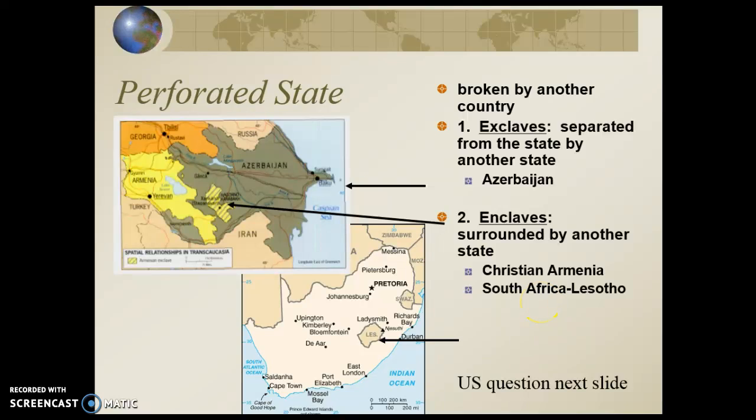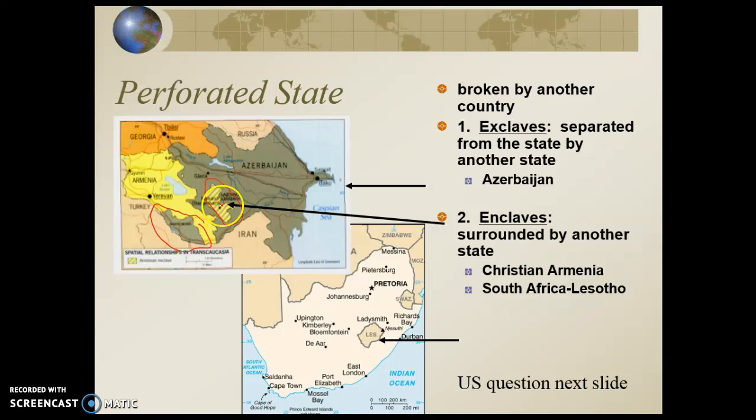An exclave would be the piece that lays outside of it. So if we look at Armenia here, Armenia is a perforated state with an exclave, right? It's inside Azerbaijan. Azerbaijan is a perforated state with an enclave in it. Okay? Azerbaijan is also a perforated state with an exclave. Holy cow. So we can understand why this part of the world is so complicated, because there are perforated states with enclaves and exclaves, and this particular situation with Azerbaijan and Armenia is very, very complicated, because you have to go across country borders to communicate with each other,